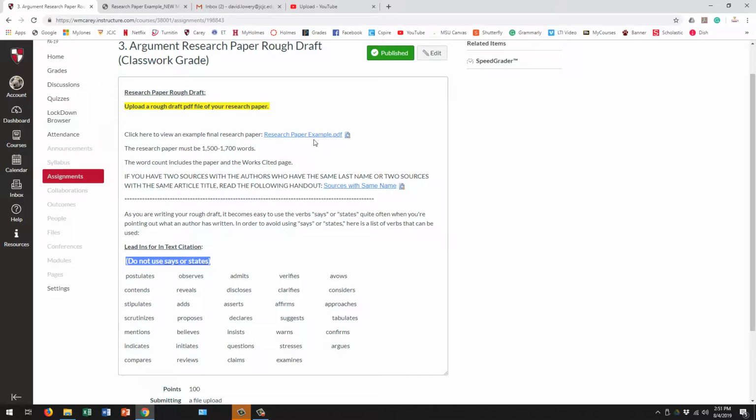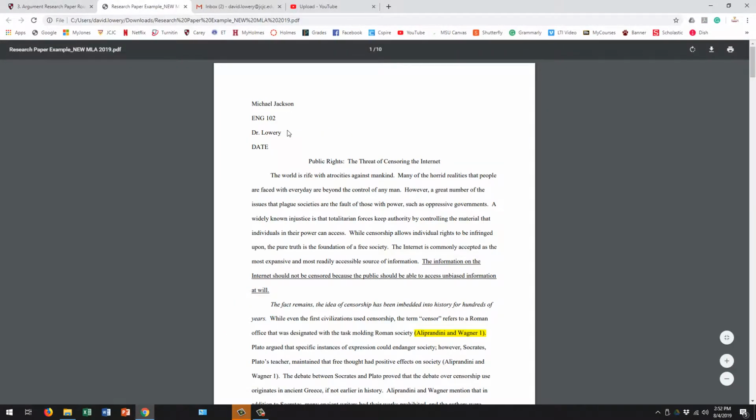Now, I have provided you an example of a research paper here, and we're going to talk through this step by step so that you can see the way that the paper is going to be set up. The first thing I want you to do in looking at the rough draft that is listed for you here, and of course this is a final copy that I'm using as a rough draft as we develop this, because your rough draft will be actually a completed copy of your paper that you submit that I'll provide feedback to